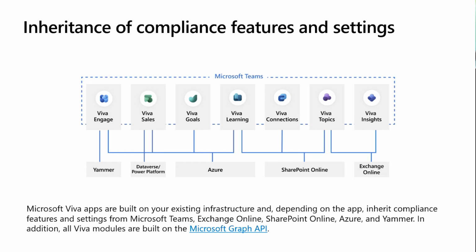So you can see here where Viva Connections, Viva Learning, and Viva Topics all store content in SharePoint Online. And because in some of our scenarios, some of you are using Viva Engage, you'll see the Viva Engage and Yammer, its legacy platform name, there as well. So those would be the two things for Viva Connections. If you're using Viva Engage, then you'd have Yammer and SharePoint Online as those services that would be impacting your compliance for Viva Connections. And so if they're set correctly in SharePoint Online and they're set correctly in the Yammer Enterprise Administration, then you will be remaining in compliance.